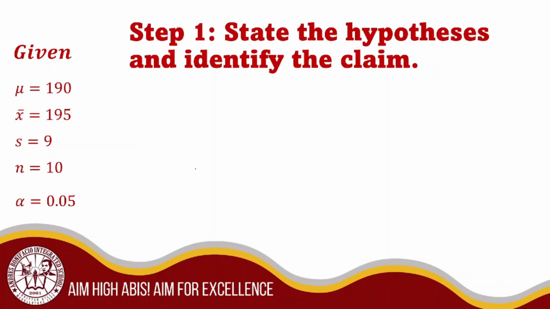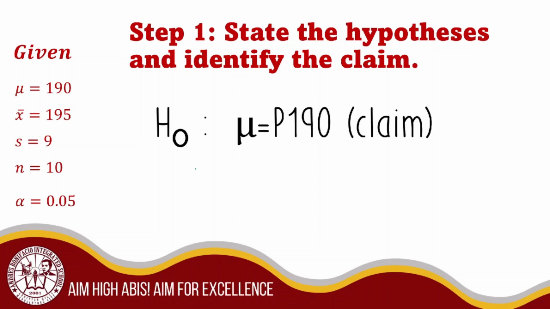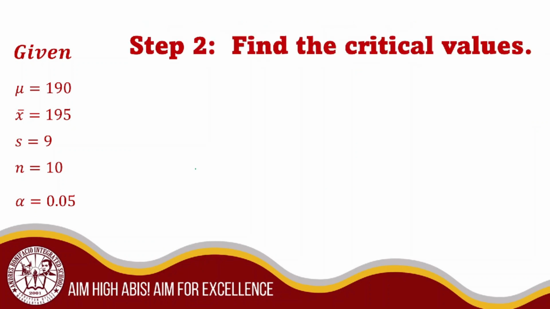Let us start with step 1. What was step 1 again? State the hypothesis and identify the claim. So, first we have the claim or the null hypothesis, which is mu equals 190 pesos. And we have the alternate hypothesis, which is mu is greater than 190 pesos. Okay, so now that we have stated our hypothesis, let us move on to step 2, which is finding